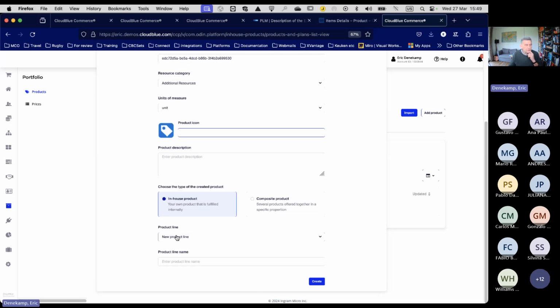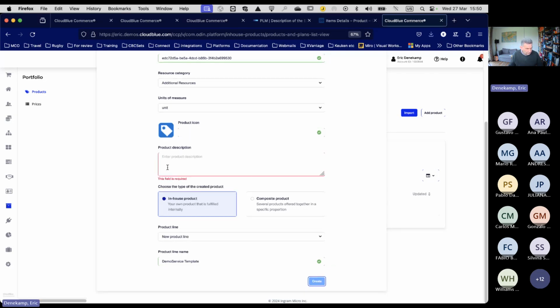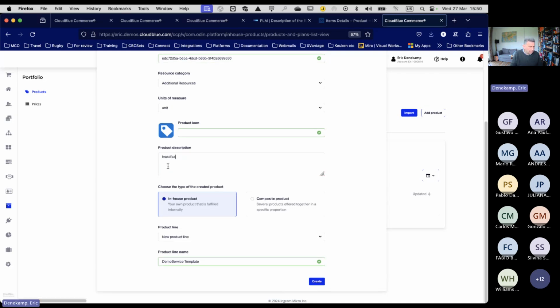And I'm going to add it to a new product line. That means that when I click create, let me call it demo service template, just to make sure that it's there. And I create it. Product description, put in some text, create.